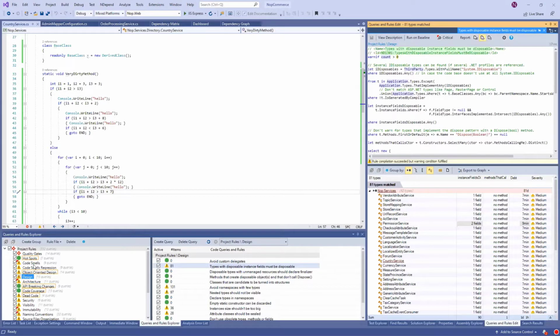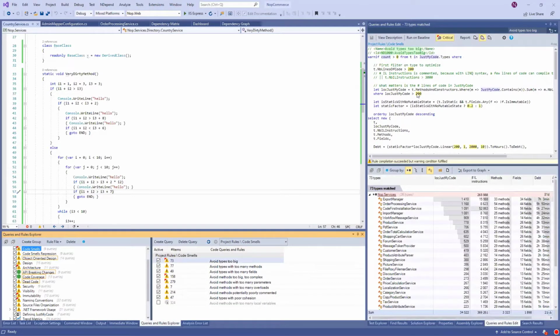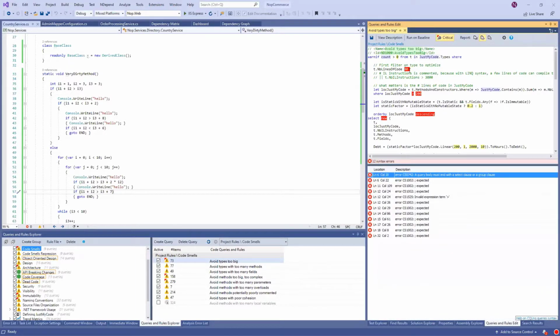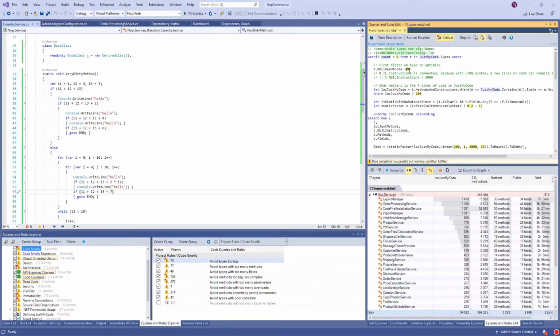And that was something maybe I didn't mention, is that if you want to change a rule, it's as simple as just changing the source code. Because a rule, you see, is compiled in real time and executed in real time. Even on a very large code base, it's very fast. So this is one big advantage of NDepend, that it's very fast on all this kind of operation. As you can see, whether you're using the baseline graph, dependency matrix, or code query, everything updates in real time, even on a very, very large code base.